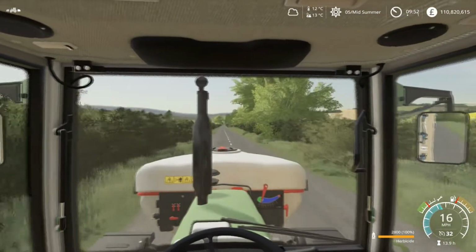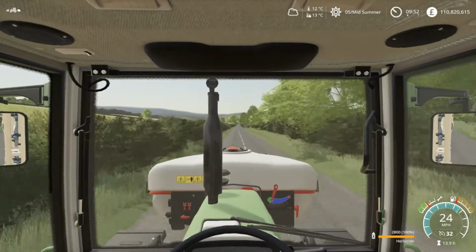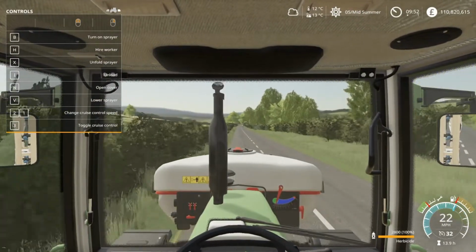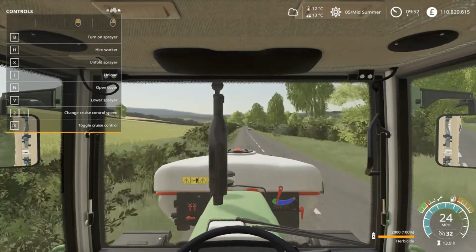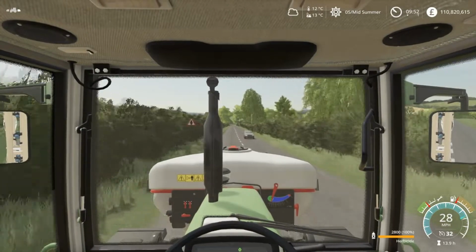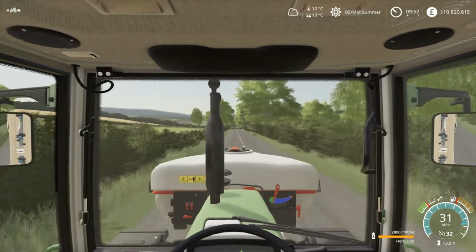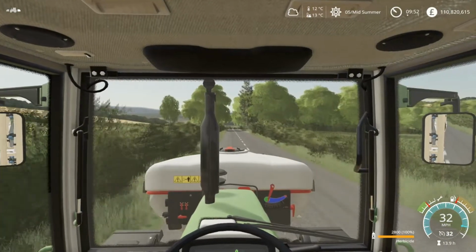I wasn't a big fan of it initially because it's just another thing to take up room on your HUD. If I bring up the HUD, I might not show it on here. I might have to jump out. I think it's left control and G to bring up the HUD itself. But because the seed machine was a lot smaller,